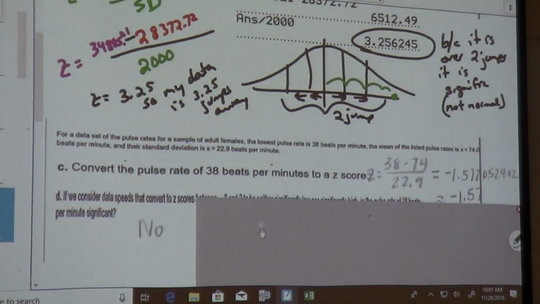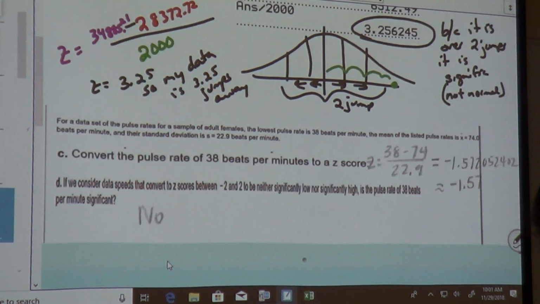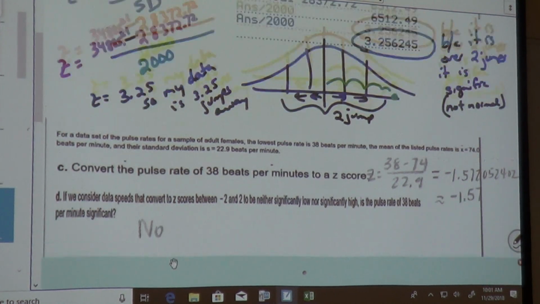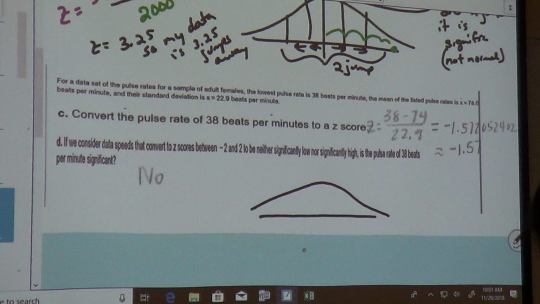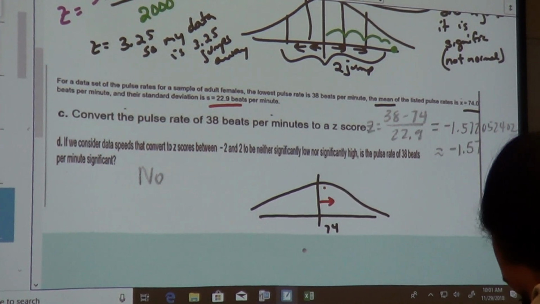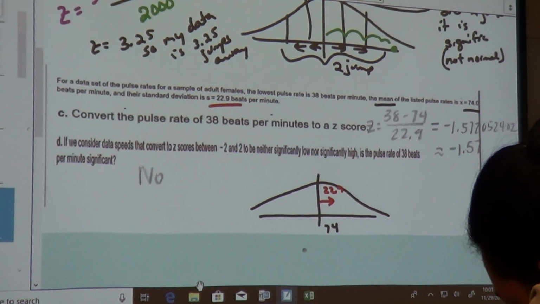Now, here's a very similar one, and I'm gonna show it to you already worked out. Draw the picture so you can kind of see. It says we have a bunch of women. The mean is 74. The standard deviation is 22.9. And the lowest pulse rate